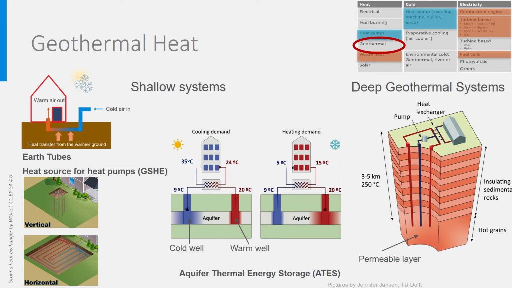Such geothermal systems can provide water at 40 to 70 degrees like in the Netherlands, but also at much higher temperatures like in Iceland and many other places all over the world. When the temperature is above 100 degrees Celsius, it is even possible to use the steam to produce electricity, which we will treat later.